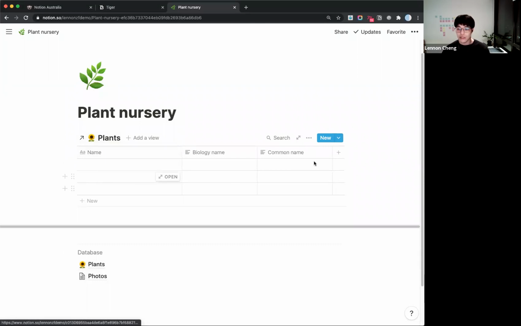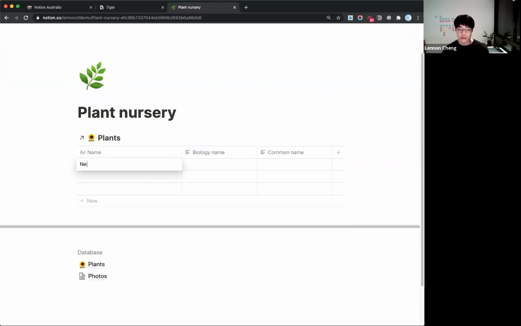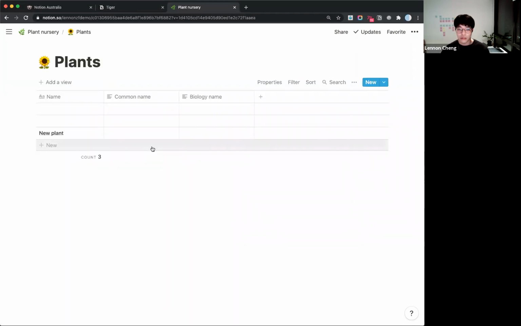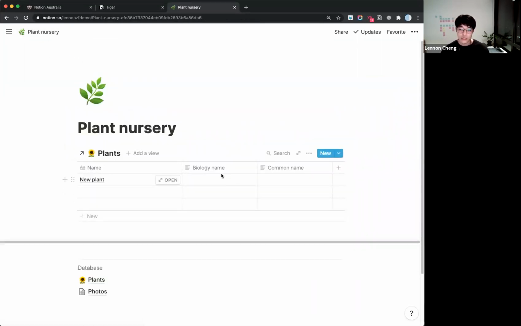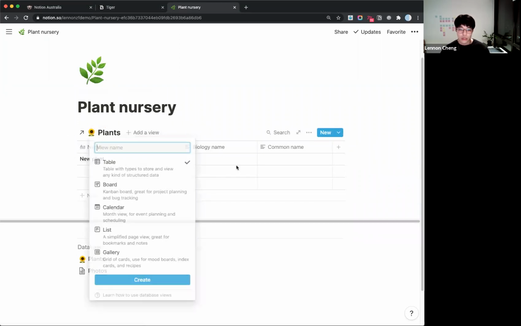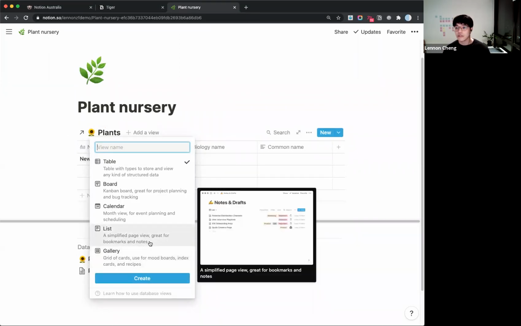So whatever you see here, the plants are exactly the same as in the plants database. Let's say I'm going to change something. I'm going to say there's a new plant here. Because I'm changing this one, it means the original database has been updated as well. So effectively, you are seeing two copies of the same thing, and they're just in different places. Like I showed in my page,